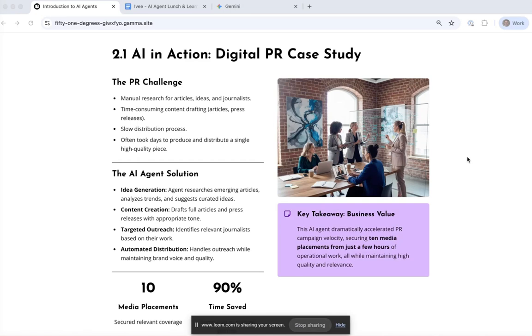So whoever it is, The Guardian or the Times, or probably more likely some tech publication will say, 51 Degrees has done this amazing research. You should go and have a look at it. It's here. And all of that together basically means that we do better in terms of search engine rankings and all of the sort of promotion that goes around putting a business together.